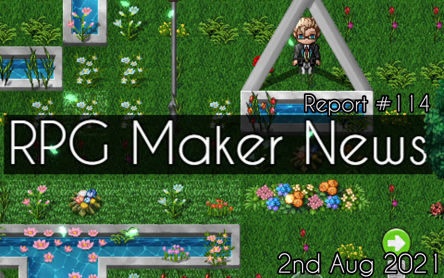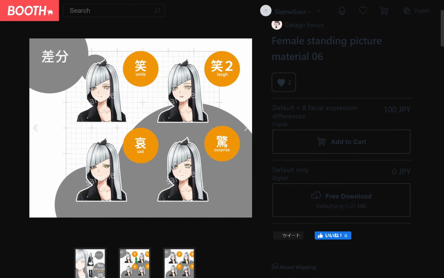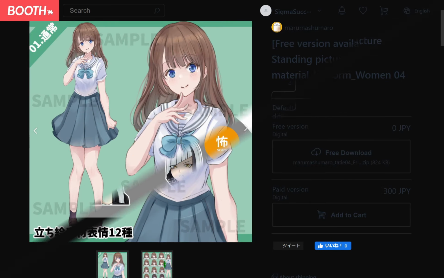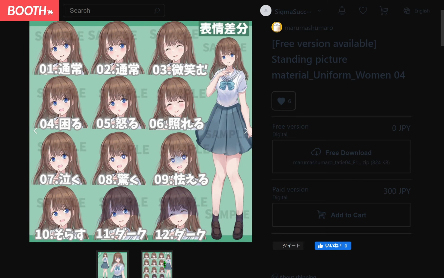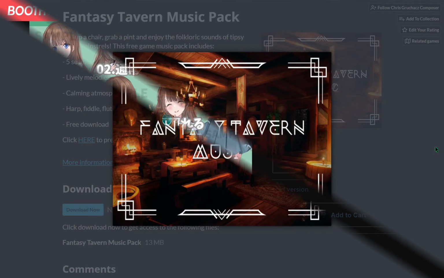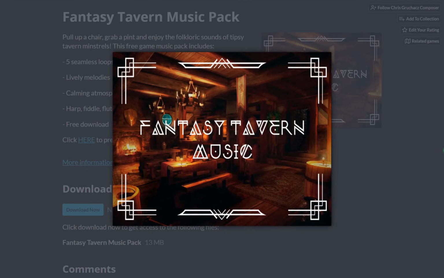I'm your host, Salik, and in today's news we have a character art of a silver-haired female by Gatago Focus, and another of a girl in a school uniform by Maru Mashumaru, a fantasy tavern music pack by Chris Gruchak's